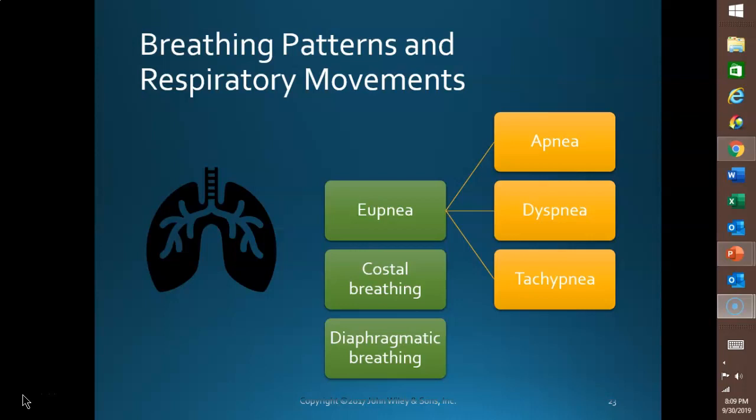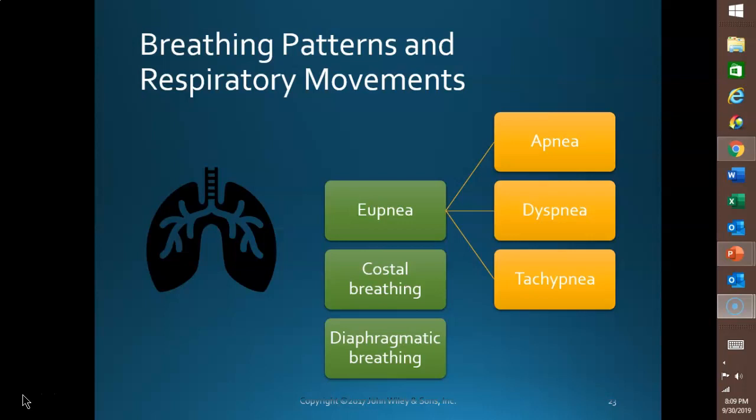The normal pattern of quiet breathing is called eupnea, for true, good, easy, normal breath. Eupnea can consist of shallow, deep, or combined shallow and deep breathing. A pattern of shallow or chest breathing is called costal breathing, and it consists of upward and outward movements of